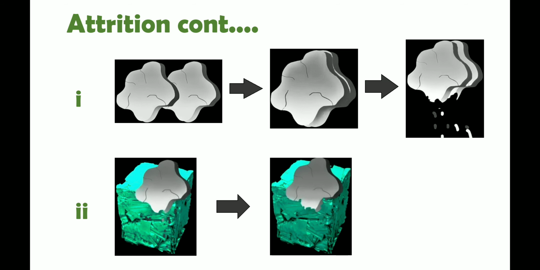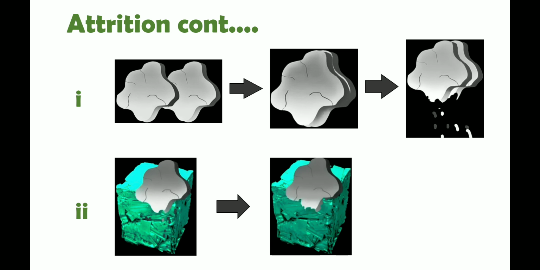2 types of phenomena can be seen here. In the first one, the two particles produce friction due to the opposite movement direction and disintegrate. In the second one, the particle produces rubbing action due to the repeated movement of the particle with the stationary surface and gets disintegrated. So now we know that following these 5 mechanisms in different types of equipment, the particle